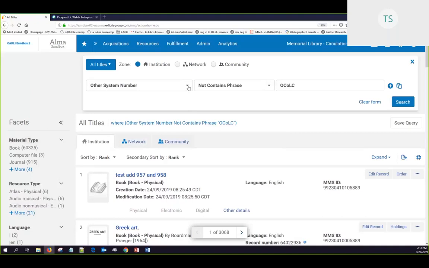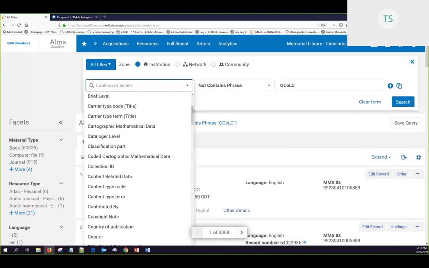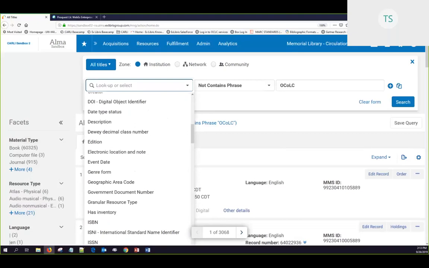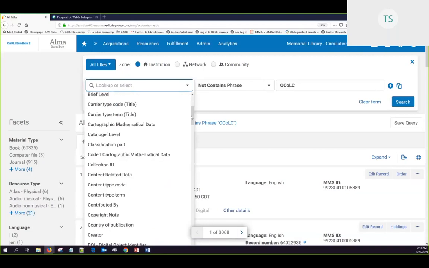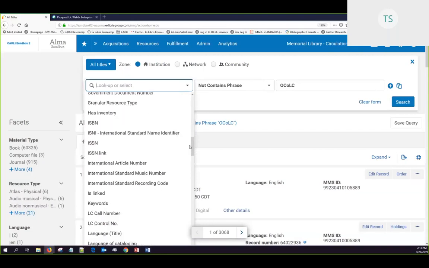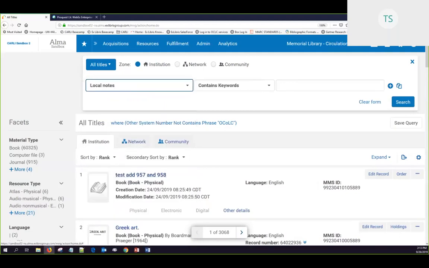Some other options: we've asked folks to look at their local notes, and you were asked to identify records that had local notes as one of the options listed on the bibliographic records checklist. Searching local notes is a valid search field on this search list. So if I chose local notes and then choose gift as a keyword,